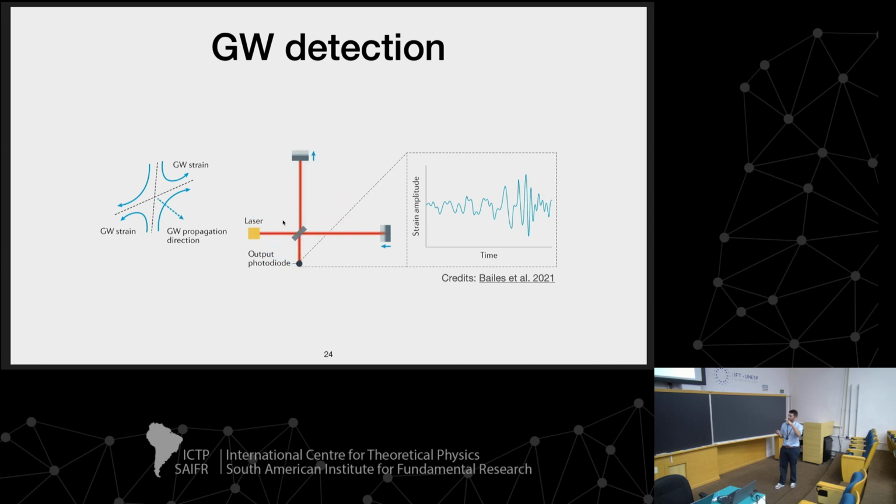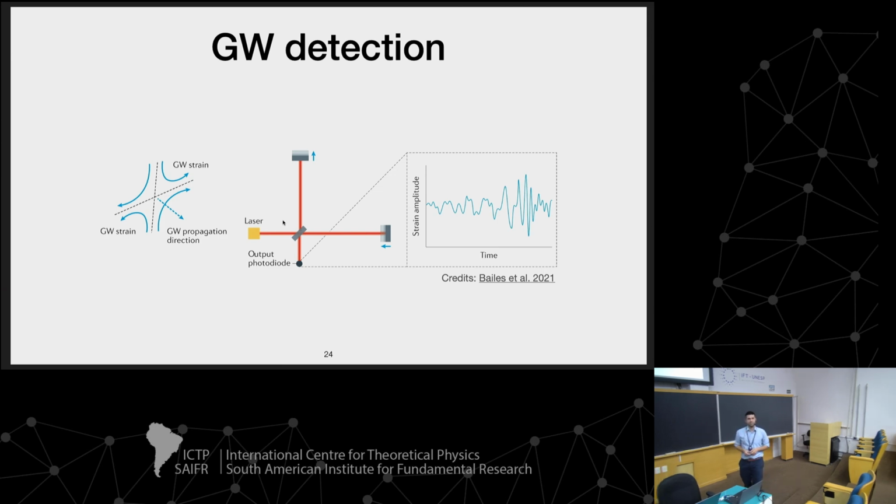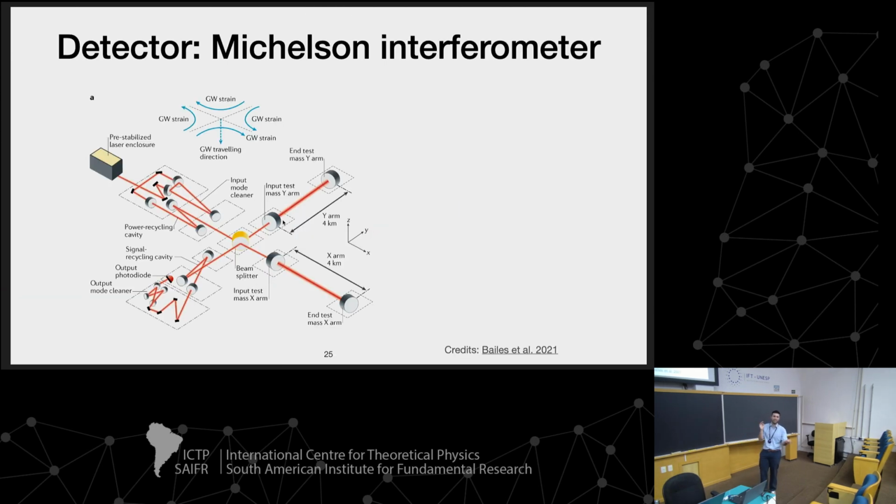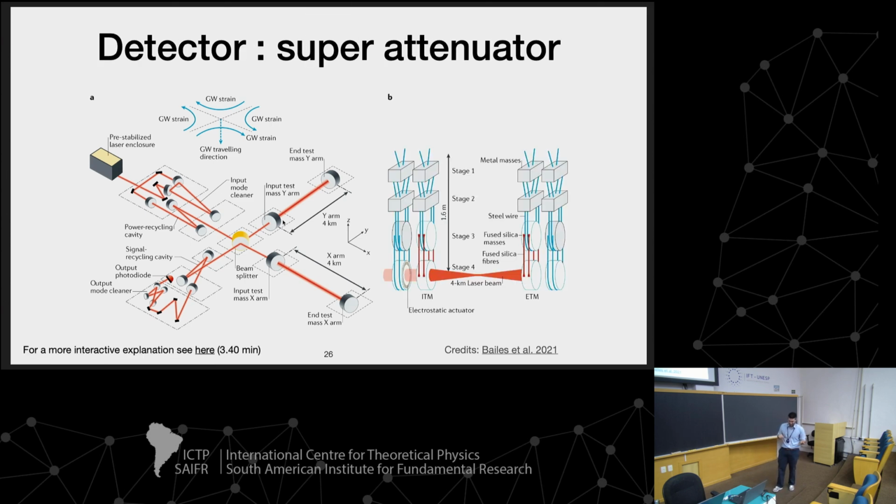The laser beam is split between the two arms, and at the end of the arms you have mirrors that reflect back the light, and a photodiode then is going to get the path of the signal, which is the one that you see over there. Of course, this is a fairly simplified picture, because gravitational wave interferometers are much more complicated. The mirrors must be isolated from actual ground motion, otherwise you wouldn't measure anything.